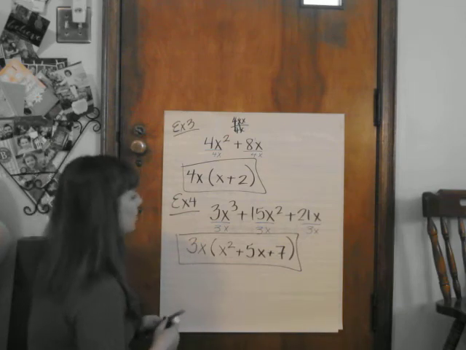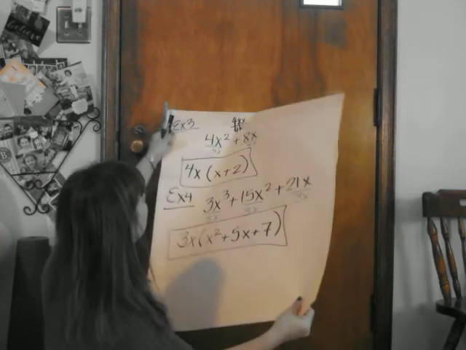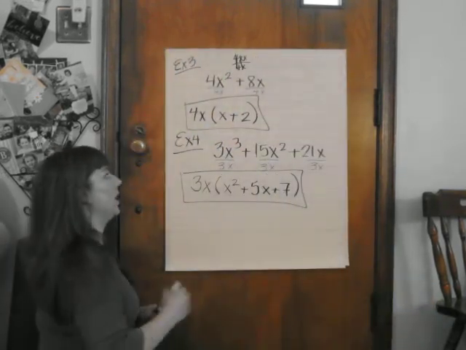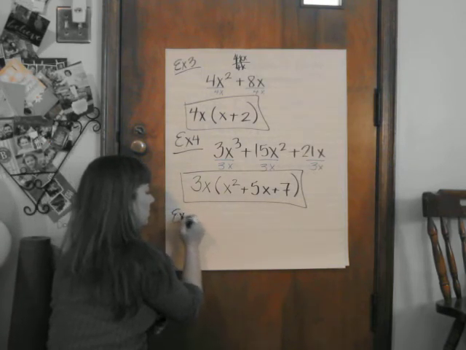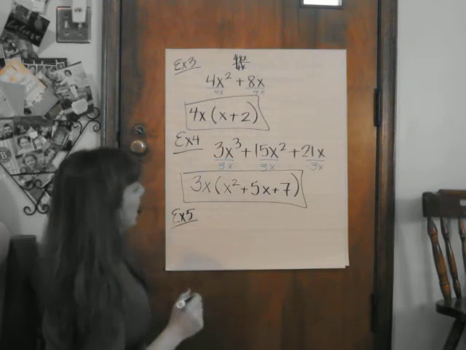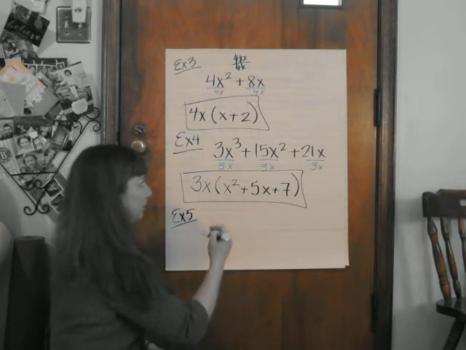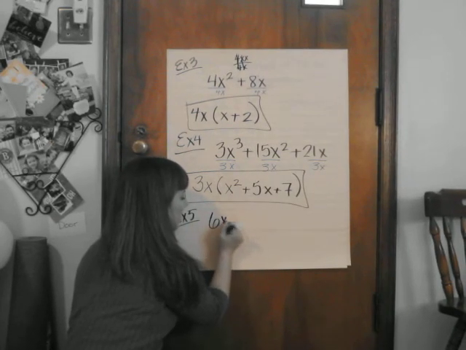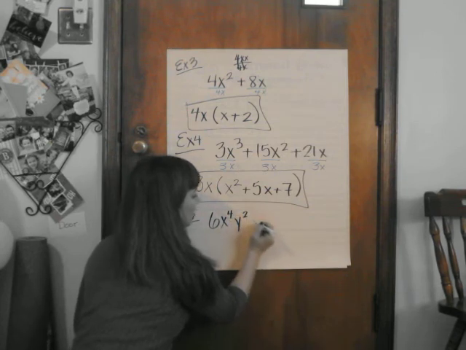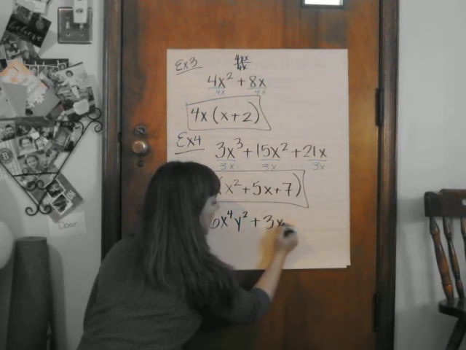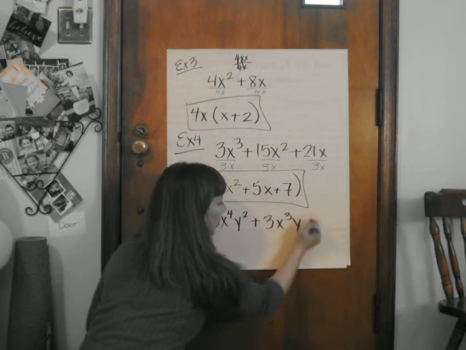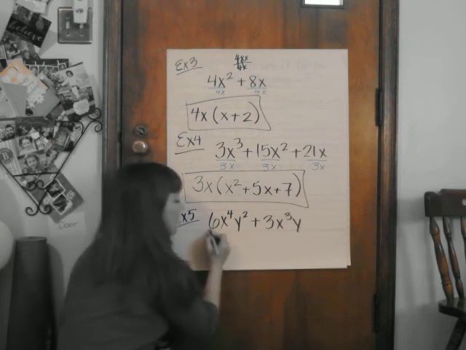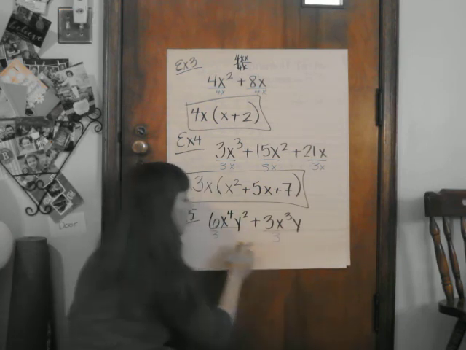Okay? One last one. Okay? The hard one. Let's say that I have x's and y's. Let's go with that. Let's say we have 6x to the 4th y squared plus 3x to the 3rd y. So, what are 6 and 3 both divisible by? Start with the numbers. They're both divisible by 3. Then between x to the 4th